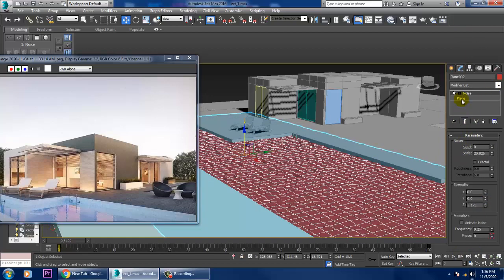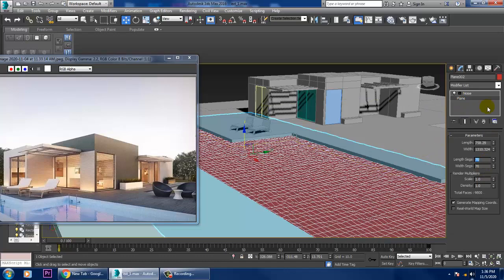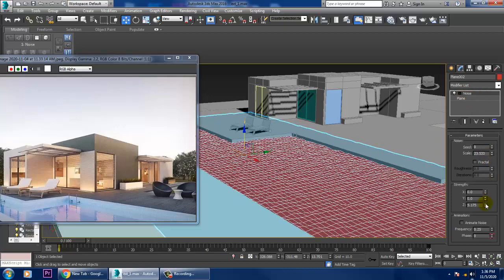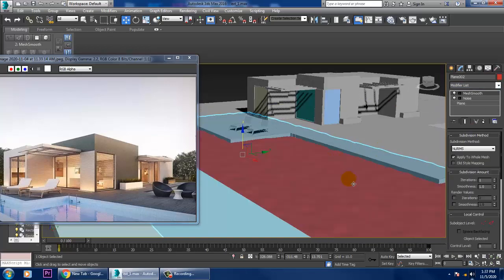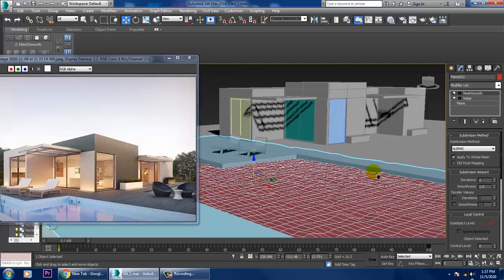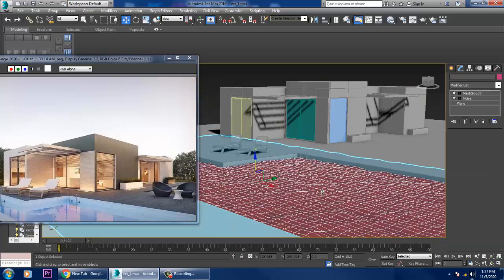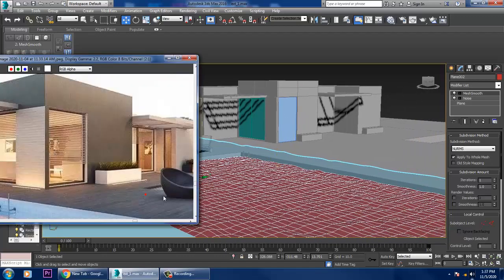Still you can go into this plane, give a noise, so we can give a bit of noise, and let's just give a mesh smooth on it to make it smoother. So definitely when we assign a texture, then it will look good over here. So just save your file for now over here. After that, what we are going to create over here is this kind of couches.